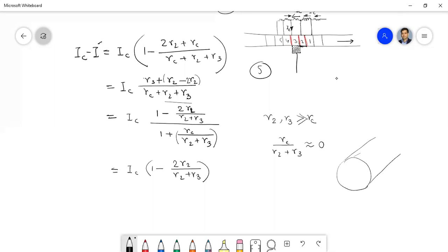So if I draw the commutator like this, and these are the commutator segments, and you have placed your brush like this, so this is your 2 and this is your 3, and you have placed your brush like this. This is the brush which is connected with some terminal. Now if we analyze this, if I zoom it and try to draw the brush, the brush is like this. Now this area,